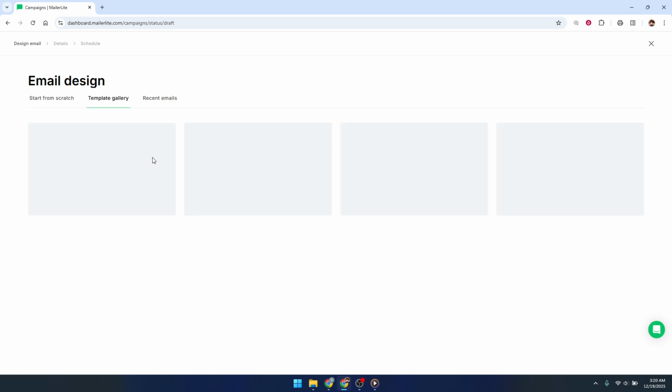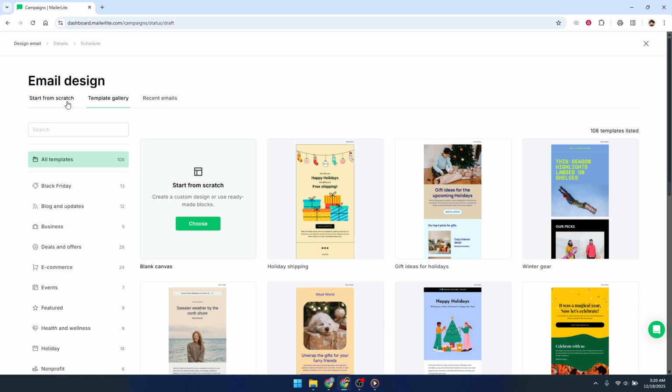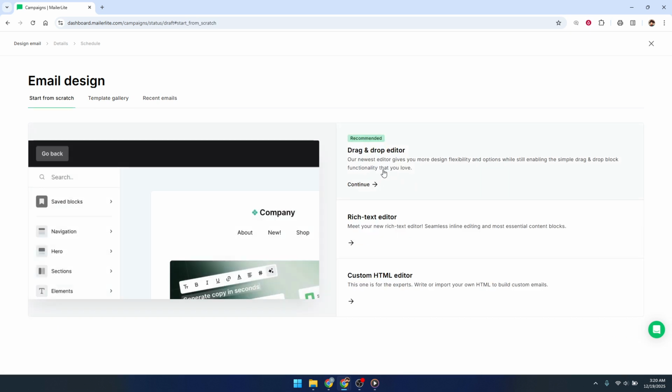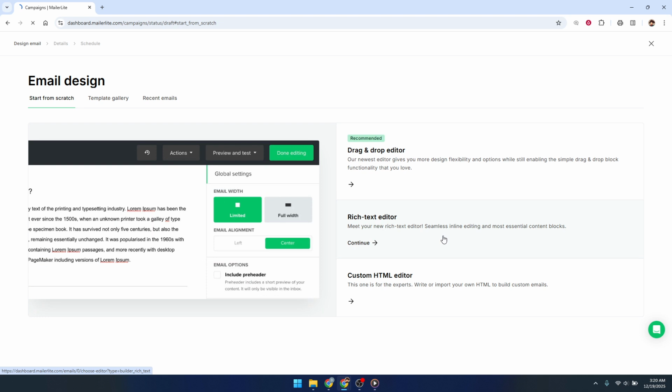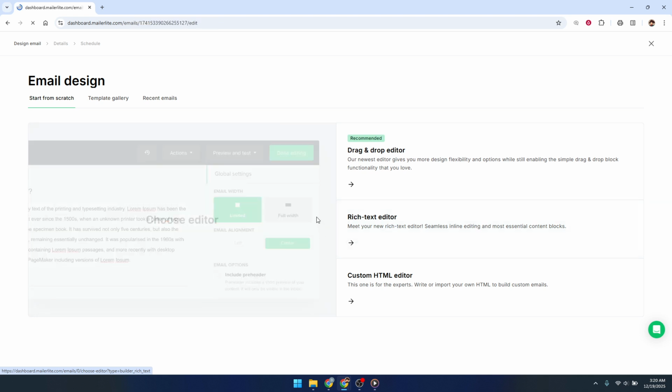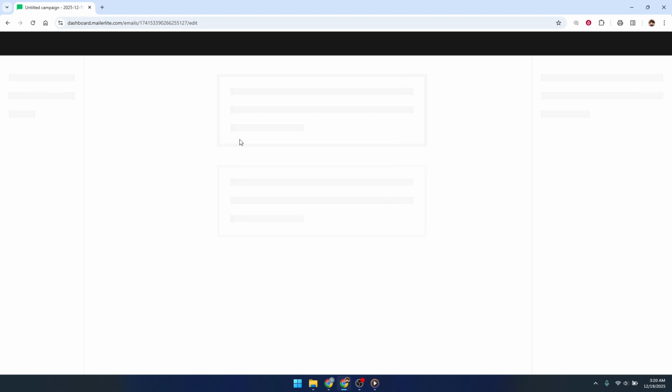Next, you'll start designing your email. Mailerlite will ask you to choose your campaign type. For most people, a regular campaign is perfect, but you may also see options like A/B split or RSS if you're doing more advanced work. After that, choose the editor you want to use. The drag and drop editor is usually the easiest, especially if you're not comfortable with code. You can also pick rich text for a more minimal text-based email or custom HTML if you have a design